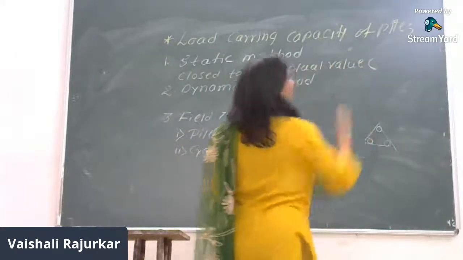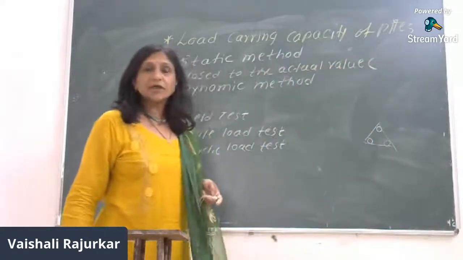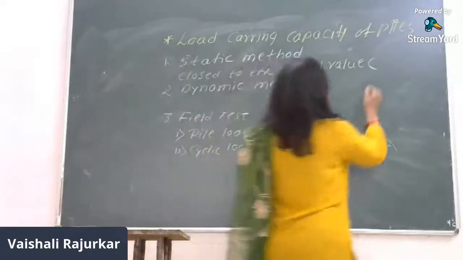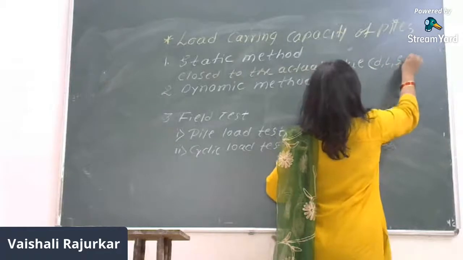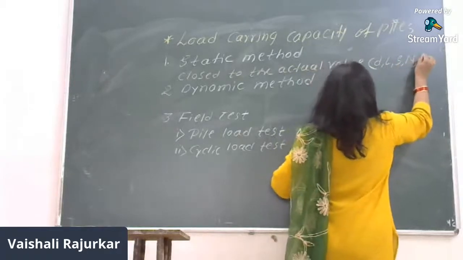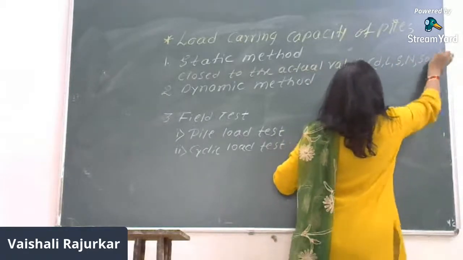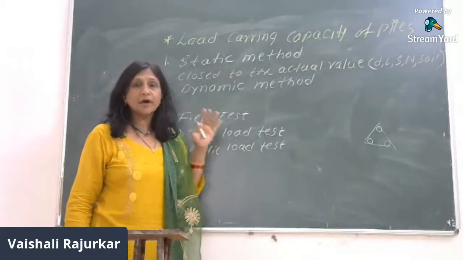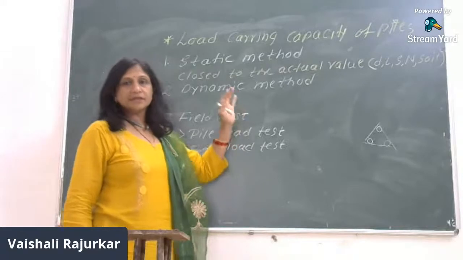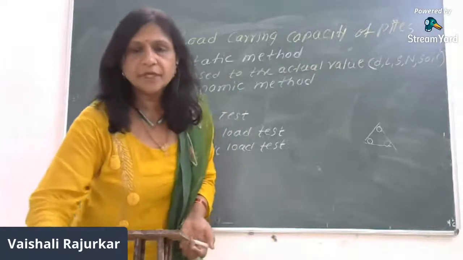Here all the parameters are taken into consideration. What are all the parameters? All parameters are the diameter of the pile, length of the pile, spacing between the piles, number of piles, and the soil properties. So all these things are taken into consideration. Therefore, this problem becomes a more realistic problem, which is used over the field, right? So